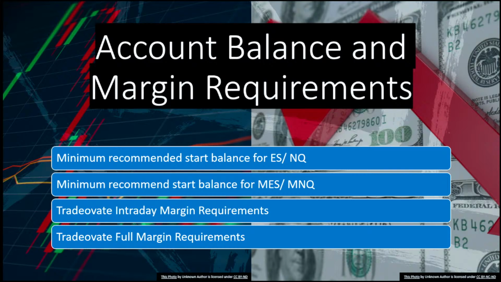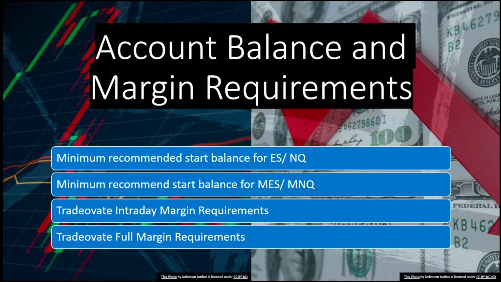So yes, you can do it with $2,500, but you have to have impeccable risk management, and you have to be on a really good strategy that is going to continue to build up. There's not much room for drawdown in that account. So for instance, if you were using, let's say, a 10-point stop loss, so that's $500 on a 10-point stop loss on 1 ES contract, if you have a $2,500 balance, you take 4 losses in a row and you're liquidated. So that's something you got to keep in mind there.